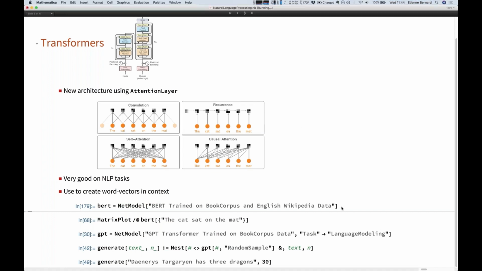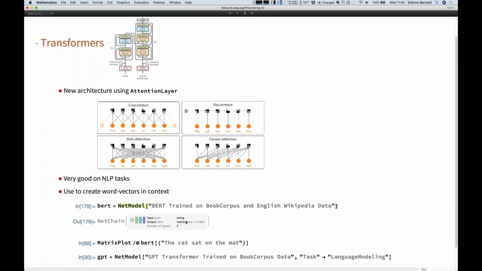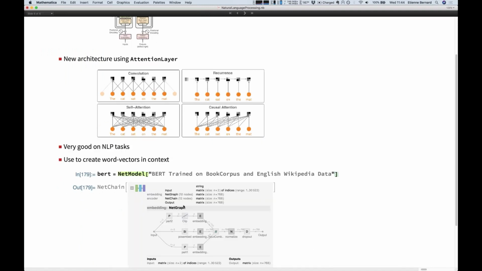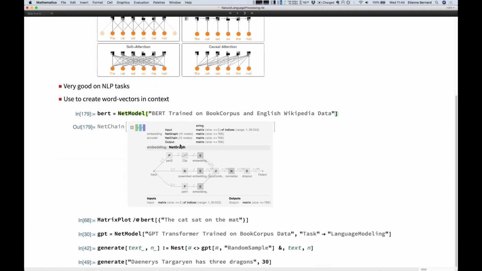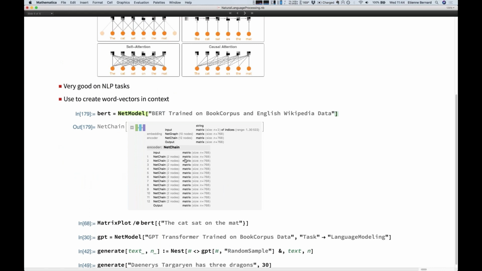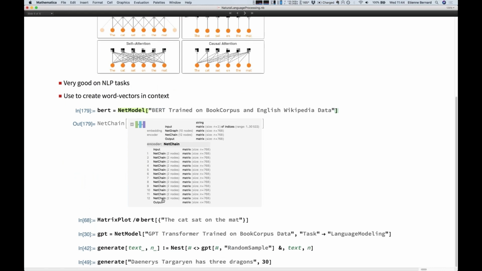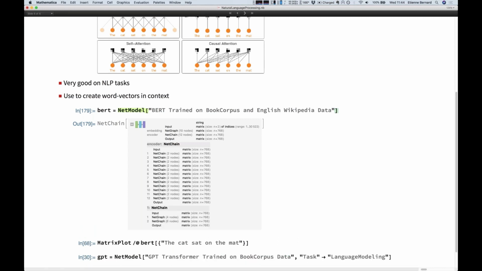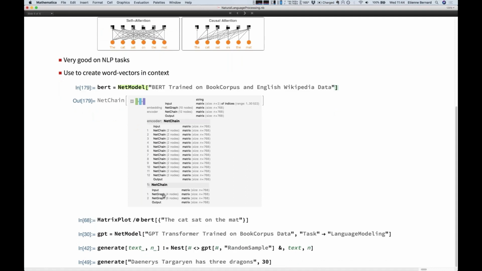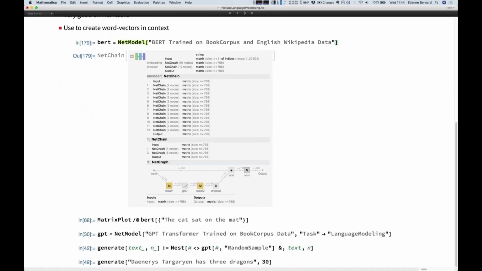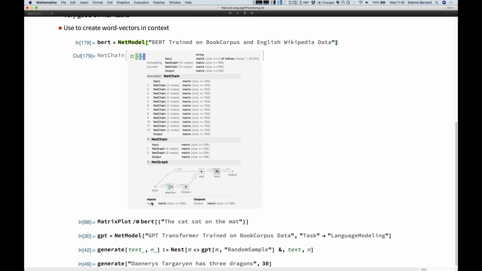Let's show a little bit what's inside. You have this network that creates the first embedding for the words, and then you have another net chain that's going to process the embedding with a bunch of similar layers. It has a depth of 12. You have 12 identical net chains. Let's click on one. I mean, structurally identical. Of course, the weights are different. This one is uninteresting post-processing. This one is the most important thing. That's the attention part.